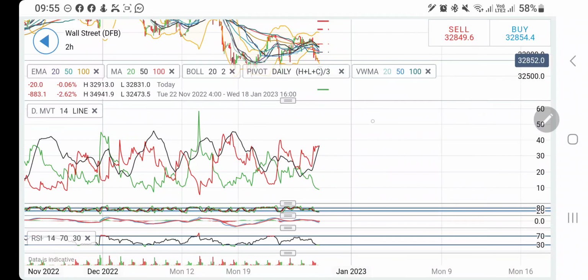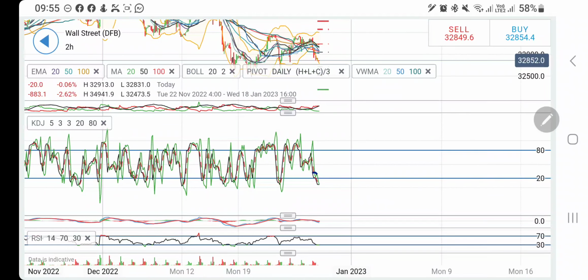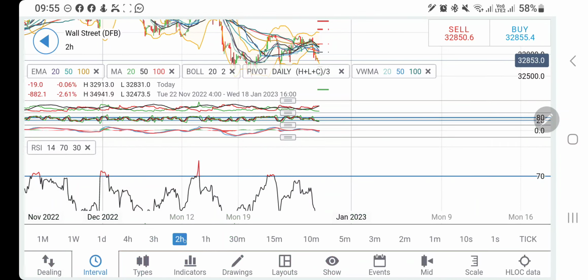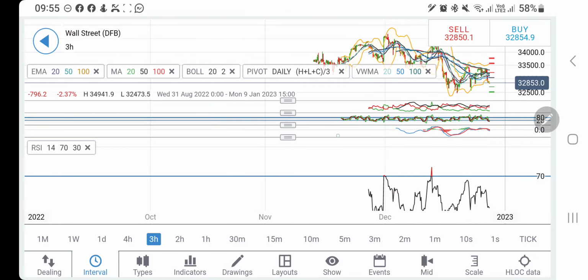Now directional movement, you can see it is divergent and bearish. Stochastic oversold on the 2-hour charts. Possibility of a bounce back exists. The MACD is still divergent, still bearish. RSI is trading oversold here. And if you look at the 3-hour charts,